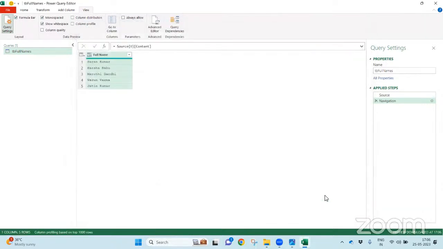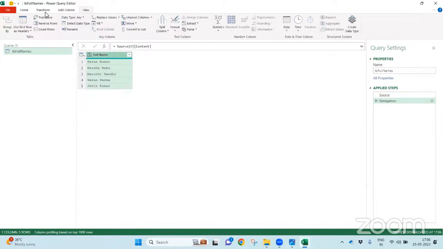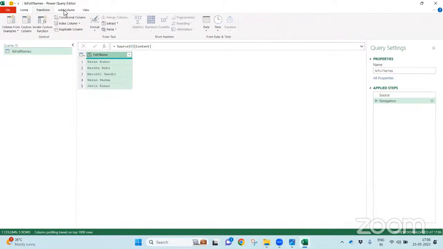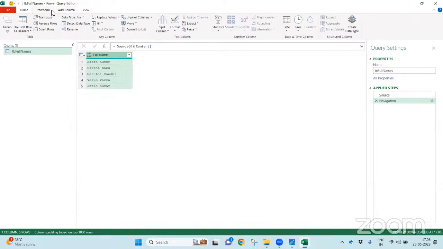Now let's start doing a couple of transformation steps here. What I wanted to do, I want to extract this. Now you go to the transform, or you can go to the add. In the transform, you can do n number of transformations. All table related transformations you can find in the table group.